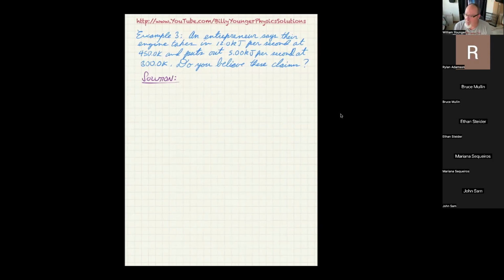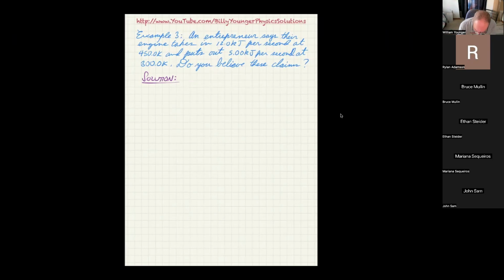Well, what would make me not believe them is if the thing was as efficient as a Carnot engine, or probably even close to as efficient as a Carnot engine. But the main thing is, if we found it was as efficient or even more efficient than a Carnot engine, we know he's lying. Okay, he or she is lying. So that's what we're going to do, is we're going to calculate the engine's efficiency.